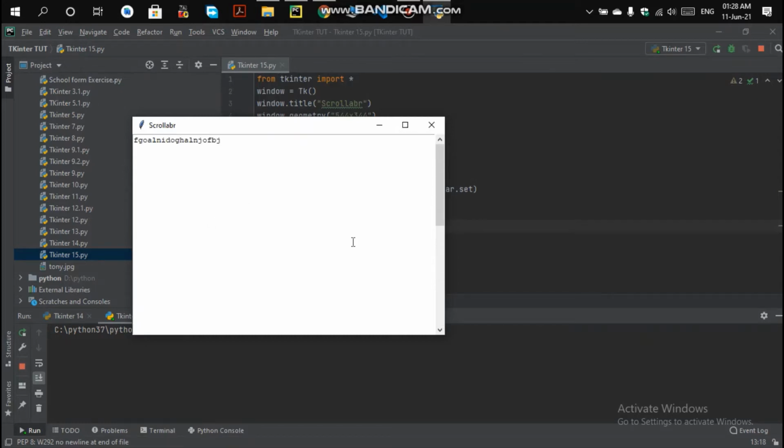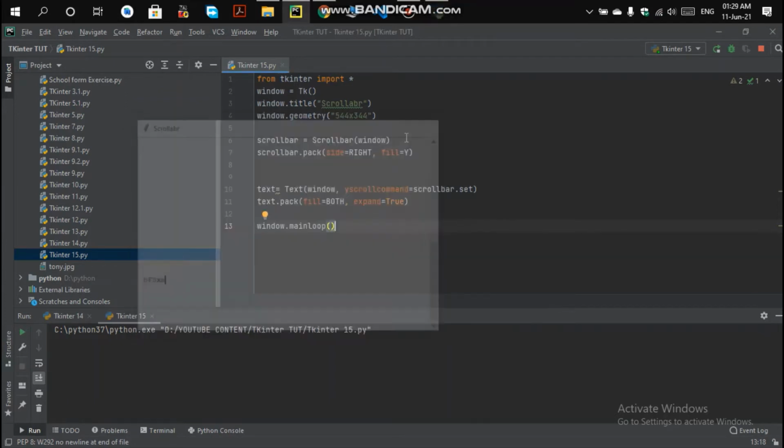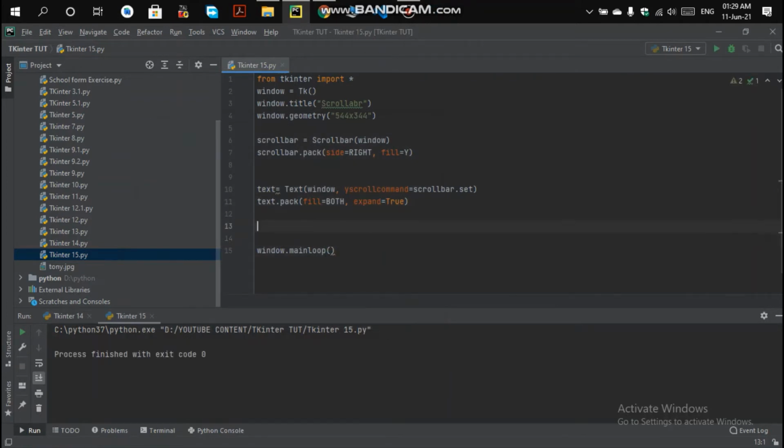As much as you scroll up, your text will appear there. When we scroll down, you can write any text here, and you know how this thing is working. You can try with your code editor too. Let me give you a tip: practice in your IDE, whether it's PyCharm or VS Code, wherever you are writing. First of all, if you are learning this, try to write it in your code, because this is the mistake I made when I was learning the code part. This is the most frequent thing you need to do all the time.